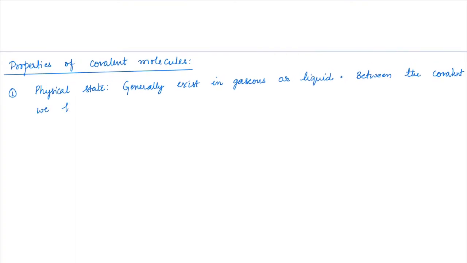So between the covalent molecules, we have van der Waals attractive forces existing. If the van der Waals attractive forces are very strong, then only do we see a solid state existing; otherwise it would be in a liquid or gaseous state. Okay. Usually what we need to learn is that